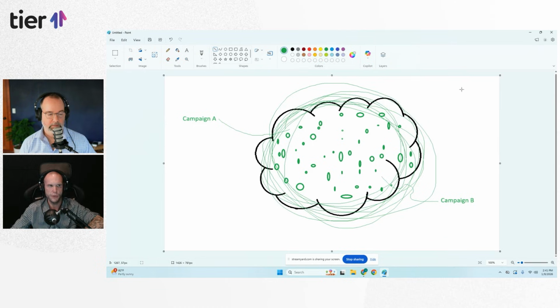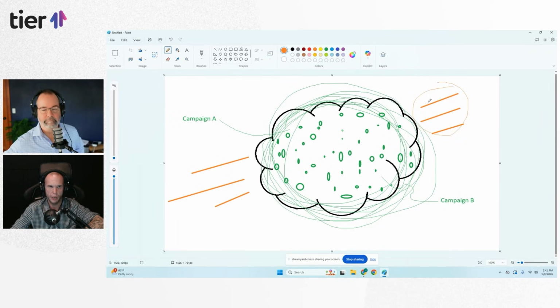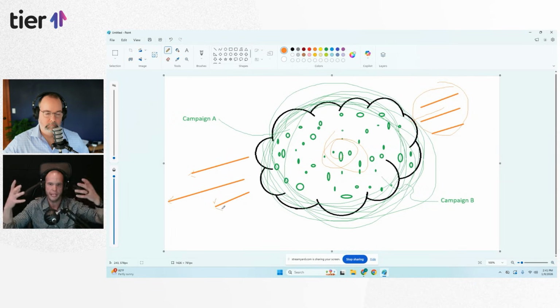Yeah. And there almost seems to be traffic that always moves into this cloud and traffic that always moves out of the cloud. Essentially, these are people that are new, just finding out about who you are, and they're on their way in. And then whatever happens in here, either buy, die, or unsubscribe, and then they move out and start heading in the opposite direction. And this is a moving average. So the more ad spend, the more people that we're bringing in, the fewer people are moving out, because it is re-engaging them more, because you have higher ad spend, higher frequency, more creative, more engagement.